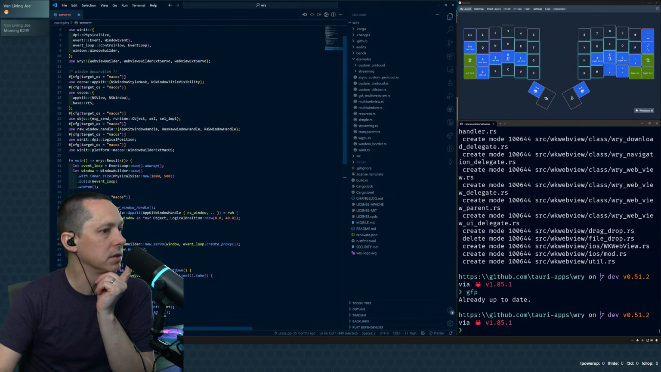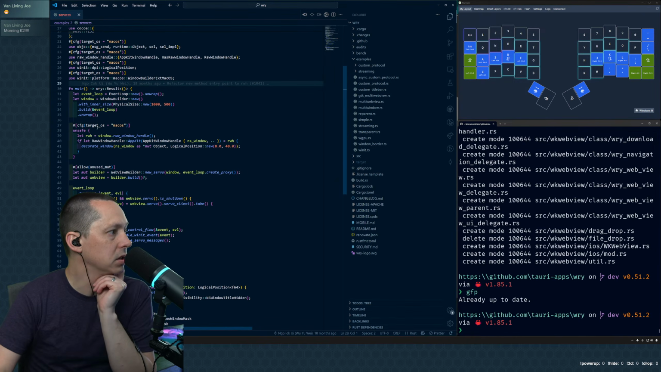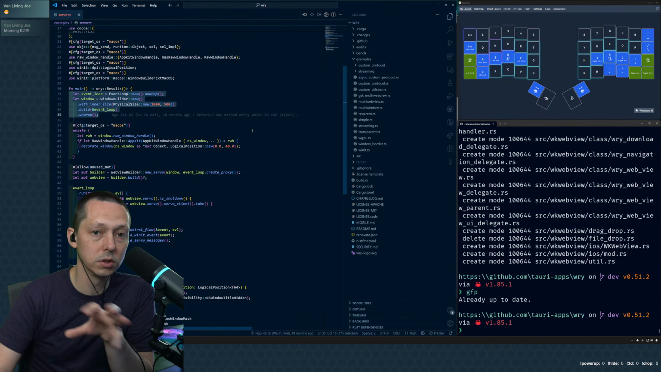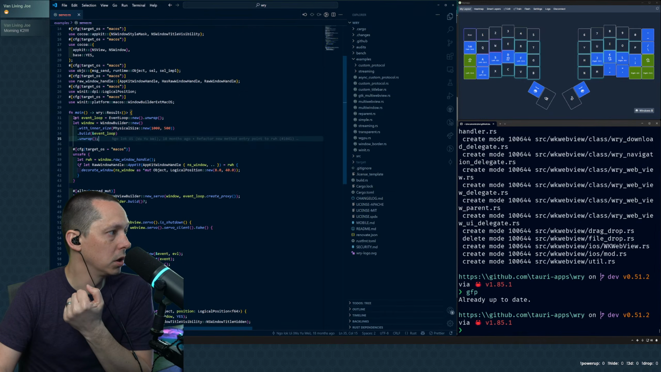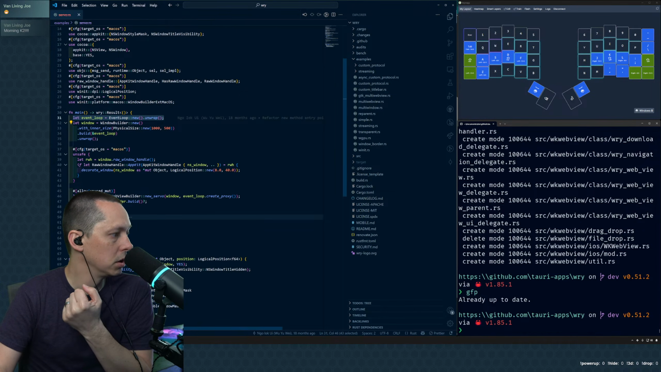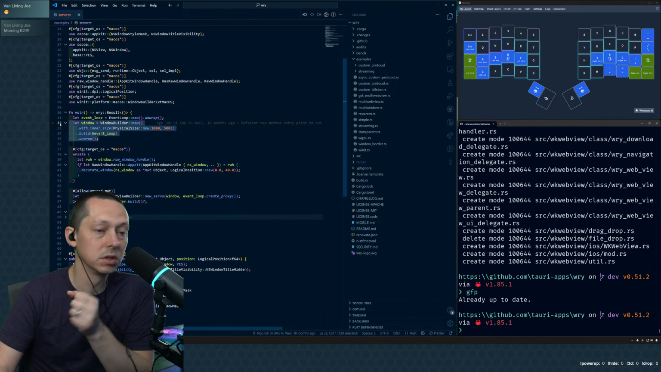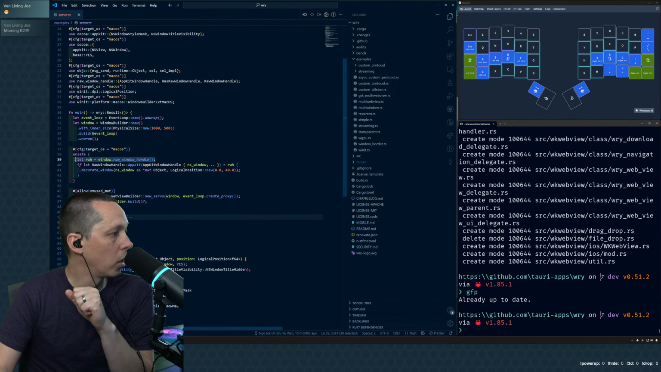But I'm going to keep this, even though the file's deleted now, just as a reference, because I think this is interesting in so far as the intent of what I suspect we would want to do with CEF is probably something similar. Again, here's the event loop. It runs the event loop. We are doing our window builder, very much the same as we set up with Tao. Here's our raw window handle,